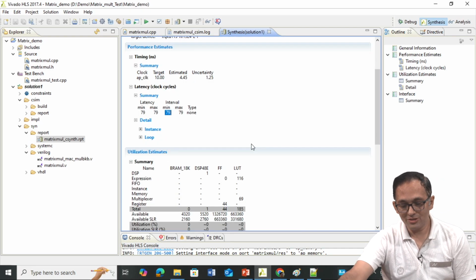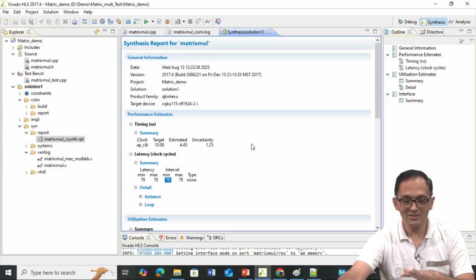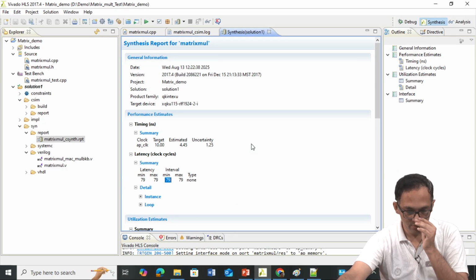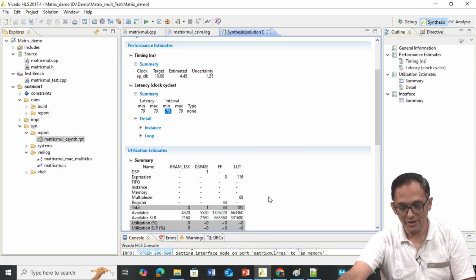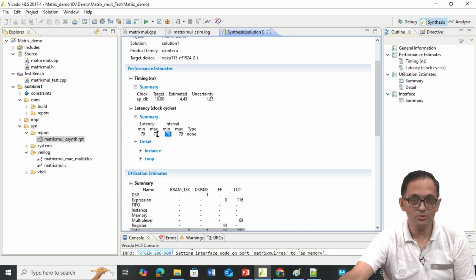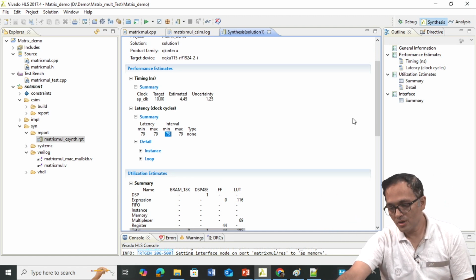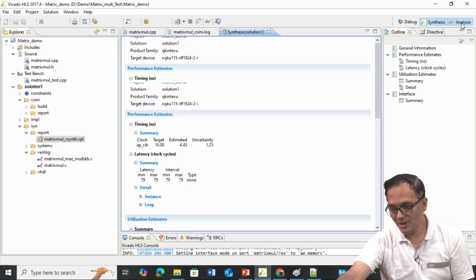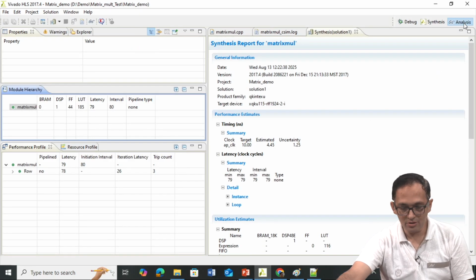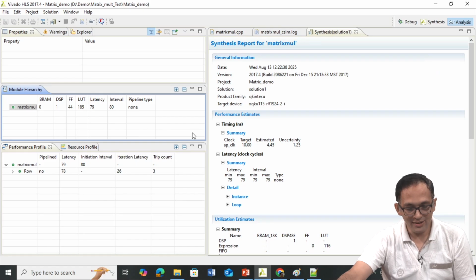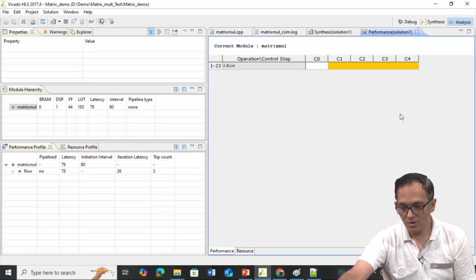So, once you do this, your results are good, right, because it meets the target clock and resource utilization is not high, but probably your latency is a bit high. So, you should apply certain things to improve the latency, okay. The next thing you should do is the analysis. The button in the top right controls this analysis. In the analysis, what it will show,